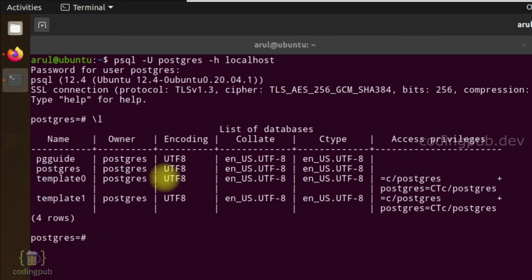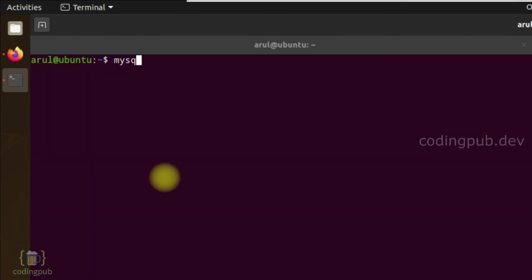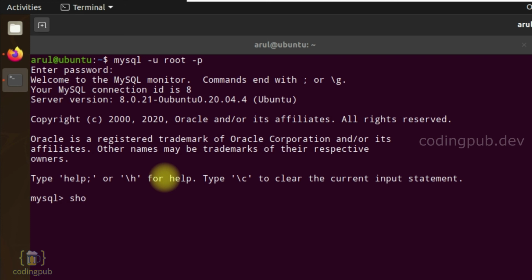Here also we see that we have a number of databases. Let's now connect to a MySQL server. I'm typing the command mysql -u root -p, and after that I'm entering my MySQL password. Once connected, I'm entering the command show databases.